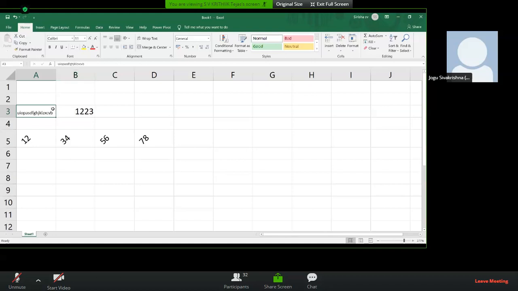Double click on it first of all. Now you can type something, one or two more lines, two more words. See how much you type in the same cell, it will decrease the size of your font, but it will not extend the cell. That is what shrink to fit does.